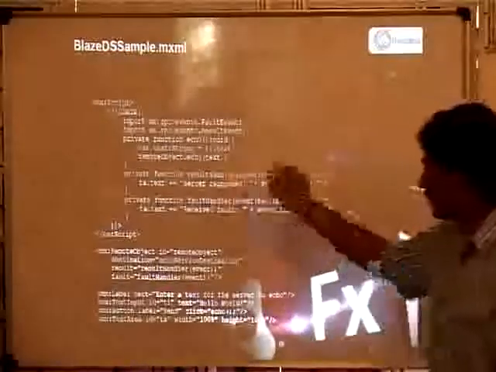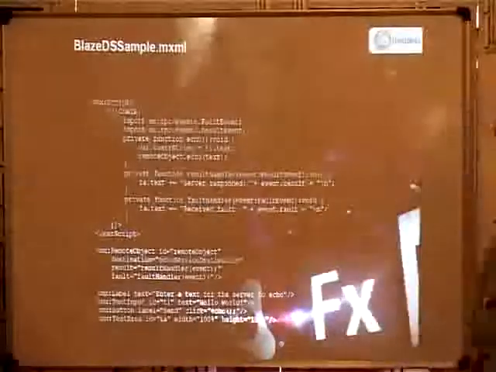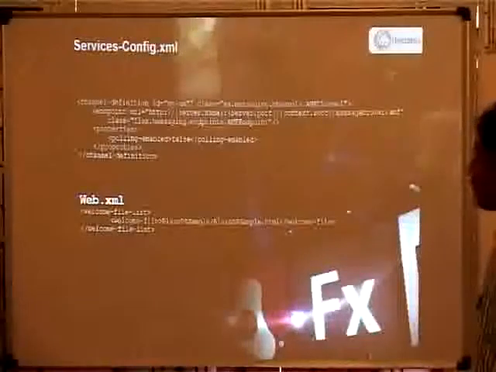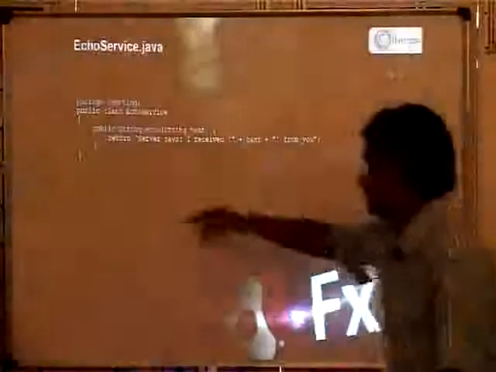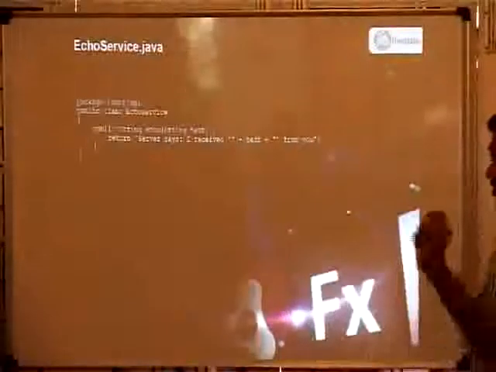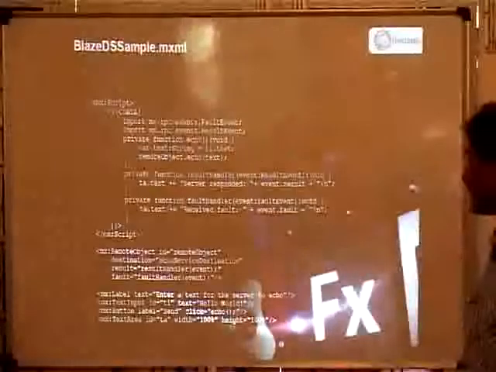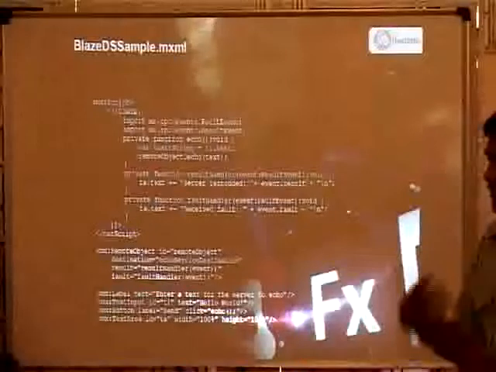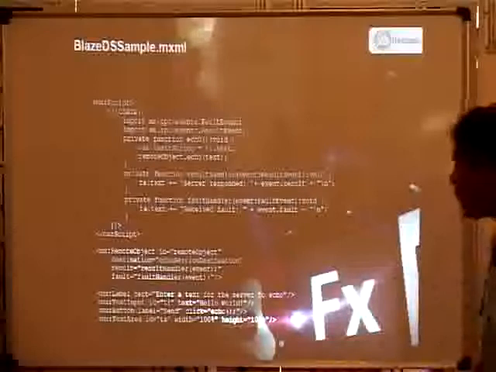Actually, this echo method is present on the Java side. From there you can access this method, remoteObject.echo. You are getting the text. Now it will return the text with some more text added. You can get the response from here. This is a request-response model. Whenever you are sending a request, it will return. Otherwise it won't do anything.